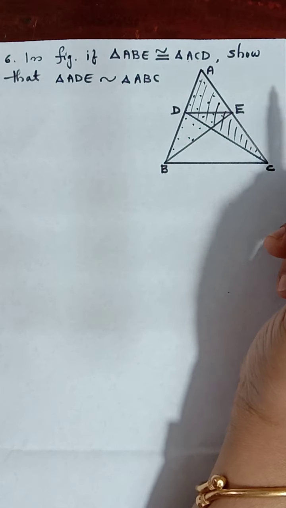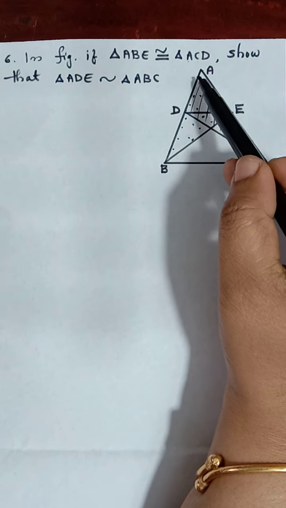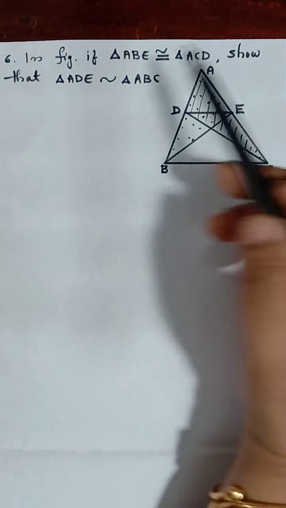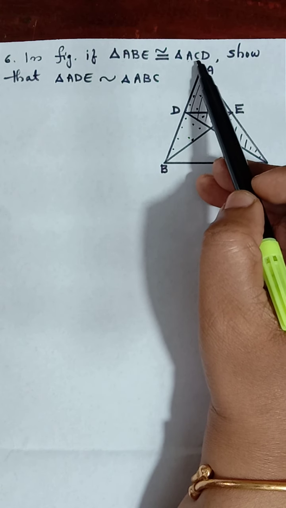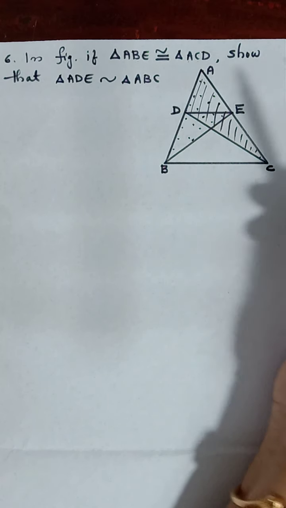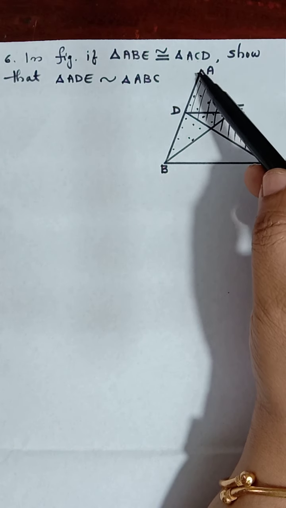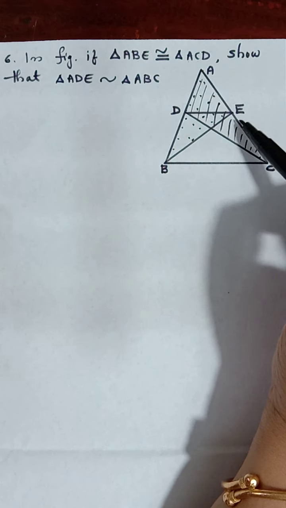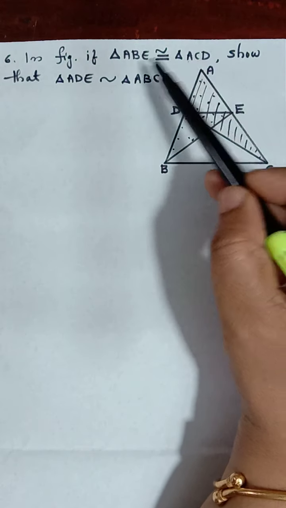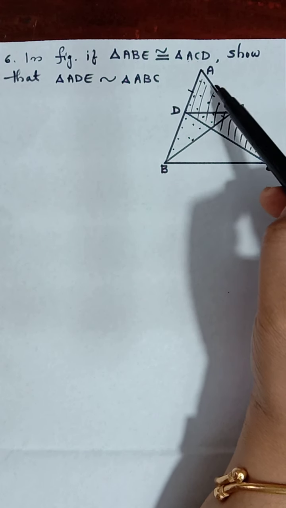Okay, let us prove it. Triangle ADE is the small one, ABC is the big one. So let us think of the corresponding parts. As I told you, we will be getting AB equal to AC, AE equal to AD. All these portions we are getting. So let us take the smaller one first, ADE. Don't you see that AD is equal to AE? According to the given congruence, AD is equal to AE.